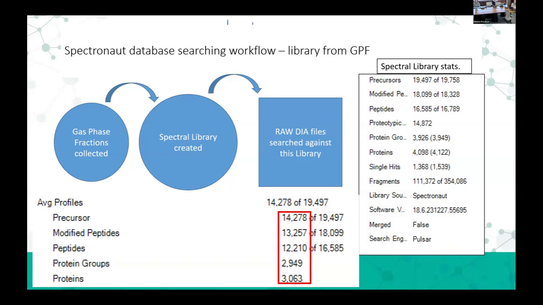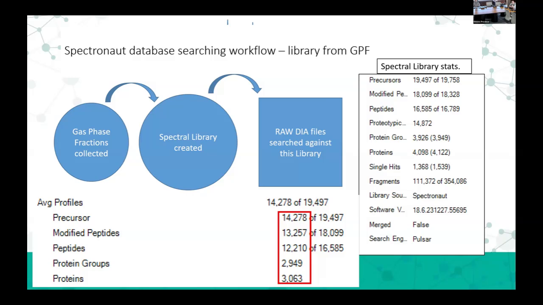Knowing this group that I came into, we're a little stingy here. We don't want elevated numbers. So I thought we would be using the one software program that would give the smallest number, because we'd be the most confident about that. But actually, in this case, using those gas phase fractions, Spectronaut didn't do as well. It only got